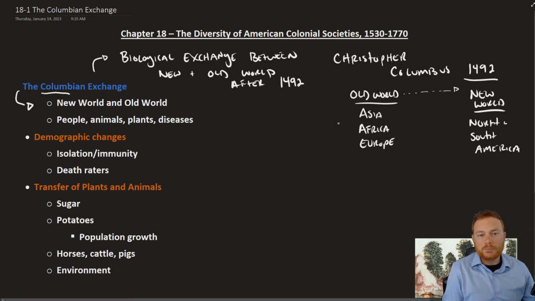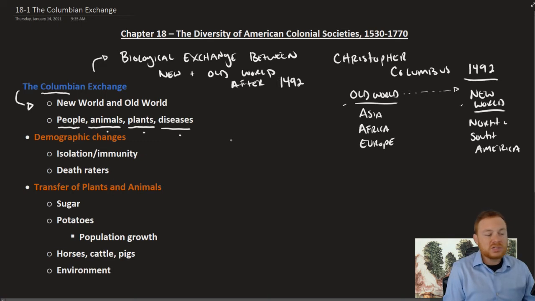So we'd already mentioned a little bit about how different civilizations and societies developed in both the Old World and the New, but it was also true that different animals inhabited both the Old World and New. Different plants inhabited these two continents, different diseases. So in addition to the people being isolated for 10,000 years, animals had been isolated, plants had been isolated, diseases had been isolated. And so when these two land masses come into contact with one another, it is the exchange of all of these things, namely animals, plants, and diseases, that marks what the Columbian Exchange is.